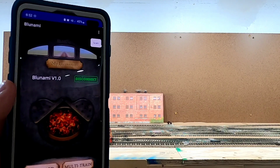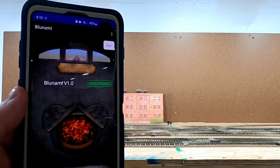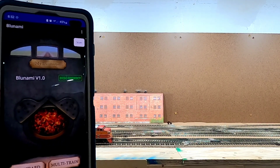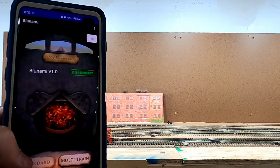Now, there was a little kind of a, not a ding, but a noise in the speaker on the locomotive that did let me know that I am connected. Also, I can see it on my phone. Just to make sure,